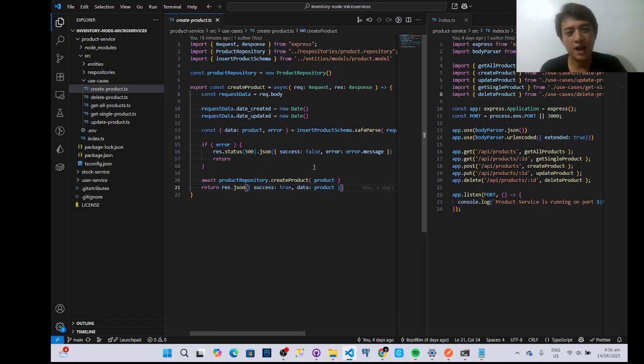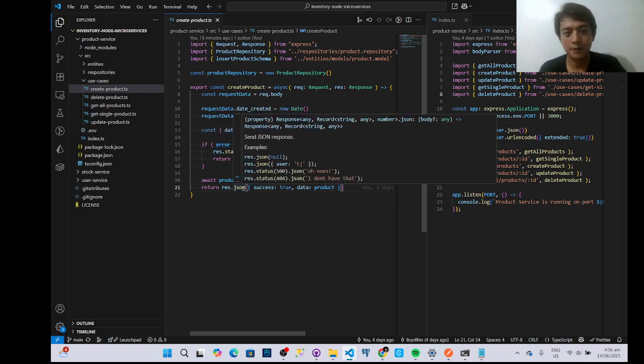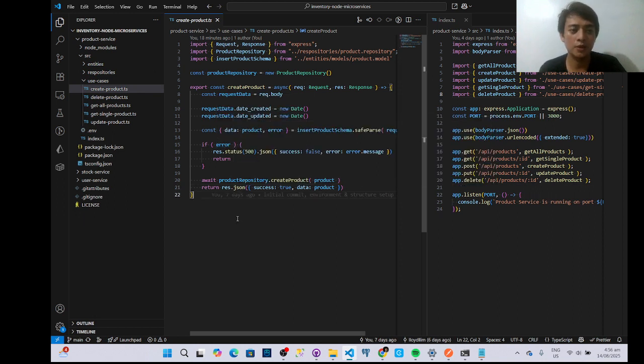Because if I have a single file with around 50 or 100 lines of code, and I go back there a couple of months later, that would give you more of